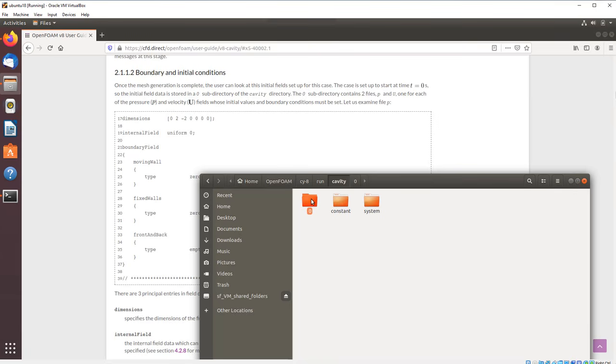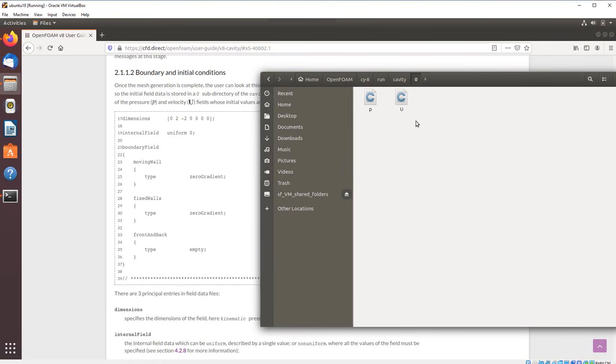So there are no results in this folder, and you will see that when I compute using a solver, new folders will appear at different times, so 0.5, 1, 1.5, 2, etc., in which I'll have the results from the simulation. And those 2 fields here are important because this is where I will find the definition of the boundary conditions. So if I have a look at the pressure first, for example,